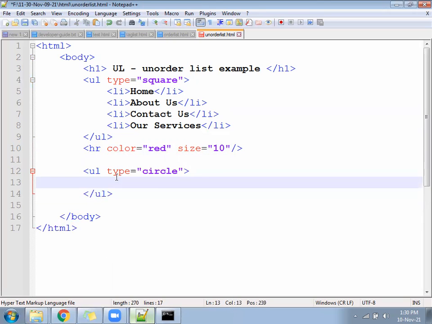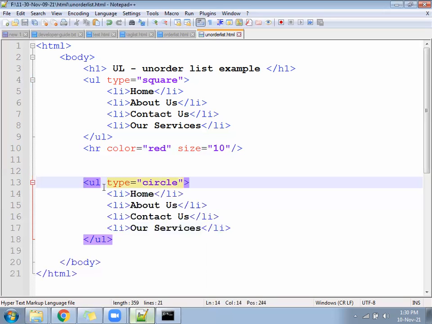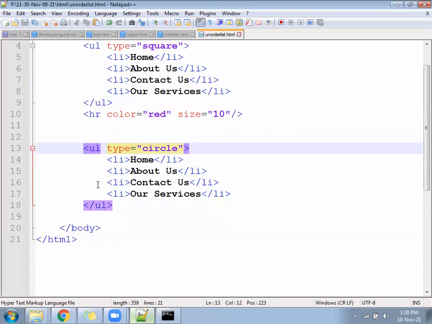Whichever li we have written on top, keep the same li here.